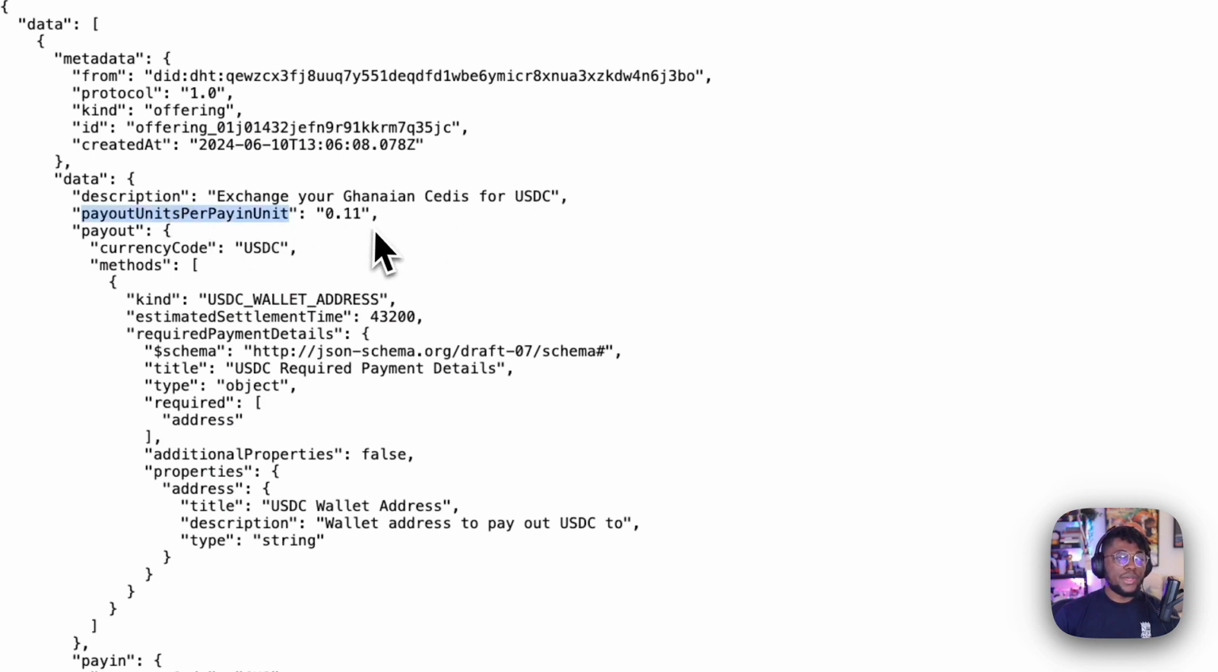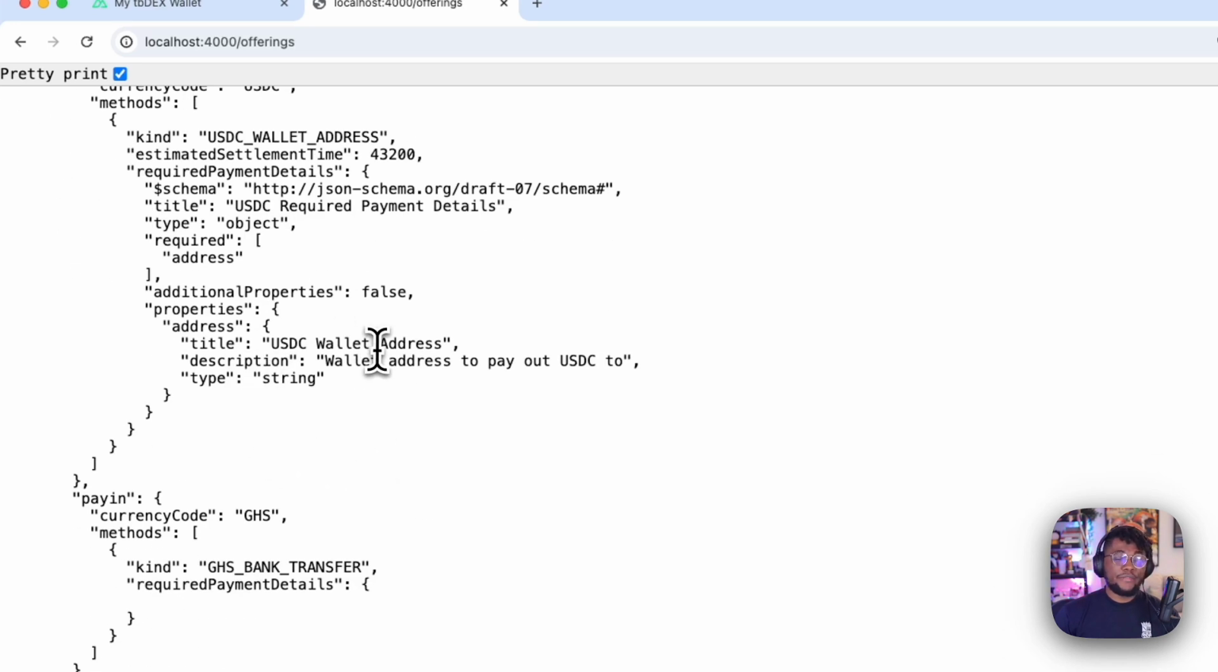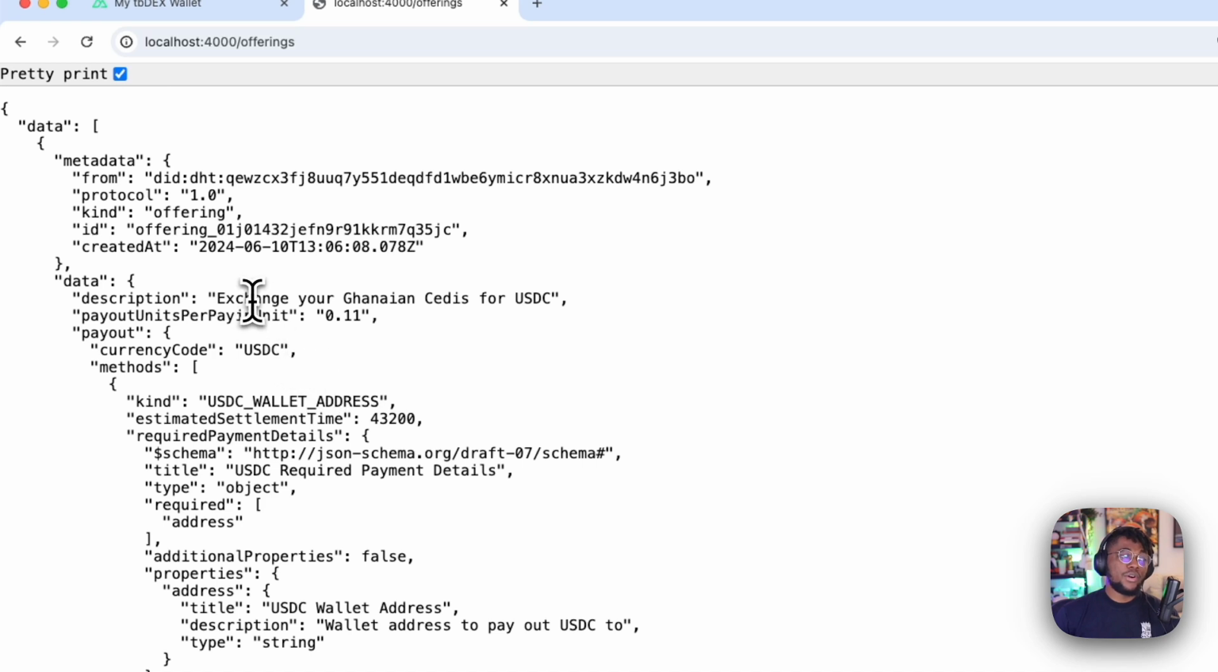The payout units per pay unit, which means how many USDC are you going to get for every Ghanaian cedis, right? All of this information is present in an offering. You can see what PFI is actually providing the offering for you, what date it was created, what kind of paying and payout methods the PFI requires in order for you to be able to actually complete the transaction, and also what required fields you need to be able to process this offering. In this case, the USDC wallet address is required for a transaction that you want to make, changing Ghanaian cedis